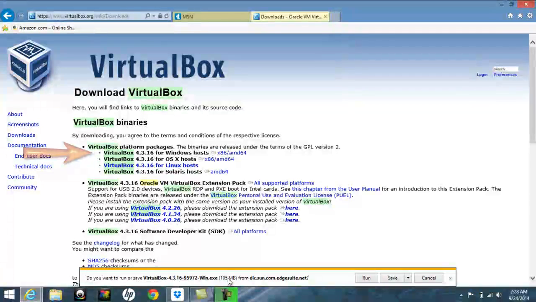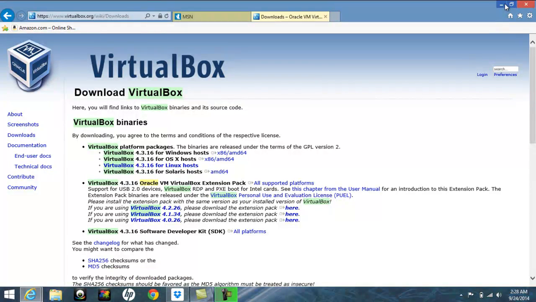And here we have the installation file coming up asking to either run or save it, or even save as and run. It's up to you in terms of what you want to do with the file. If you click run, it automatically starts installing to your hard drive. If you click save, you can save it onto a different medium. If you have a flash drive, save it there and you can move it onto other machines. Right. Since I already have VirtualBox installed, I'll cancel, minimize,